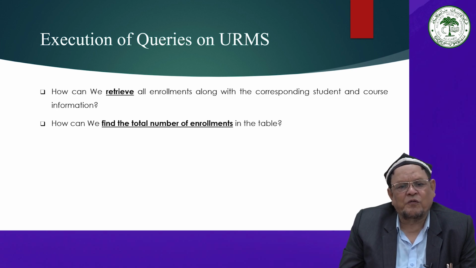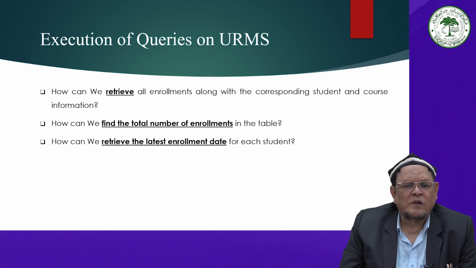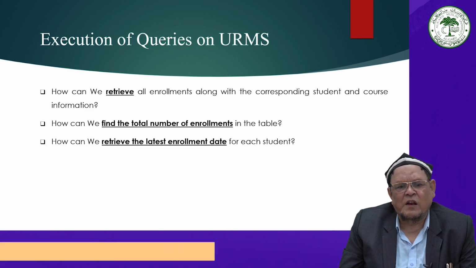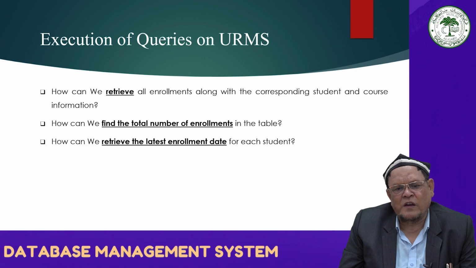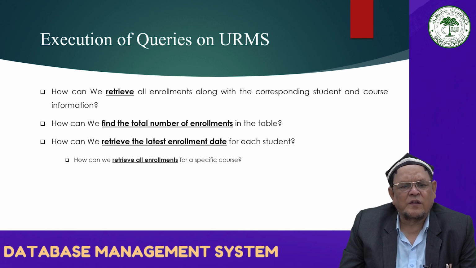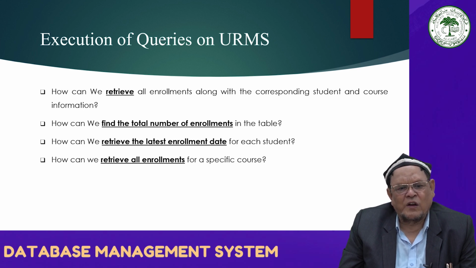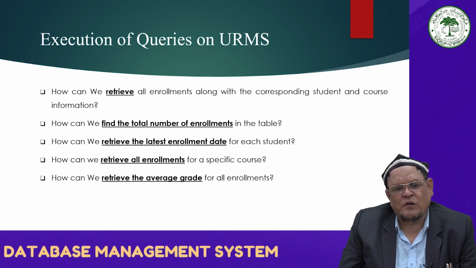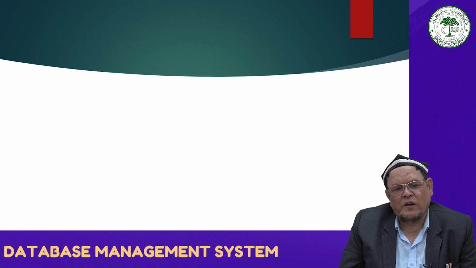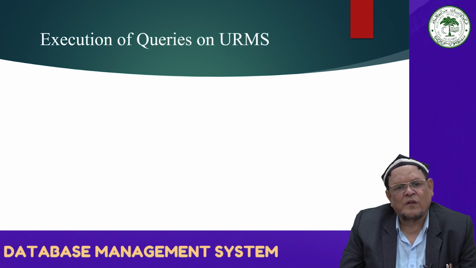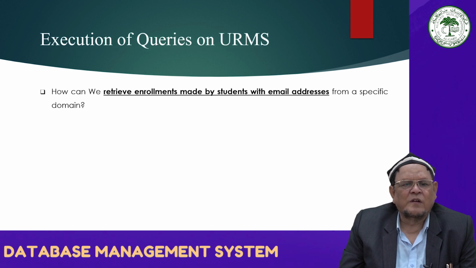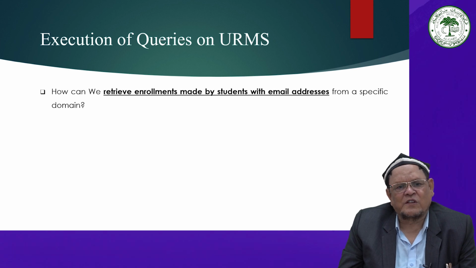How can we find the total number of enrollments in the table? How can we retrieve the latest enrollment date for each student? How can we retrieve all enrollments for a specific course? How can we retrieve the average grade for all enrollments? You can see on the screen the next